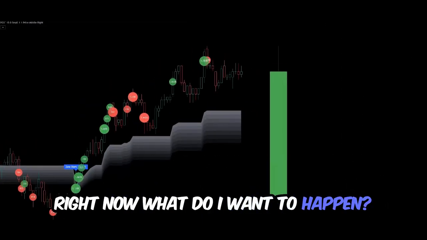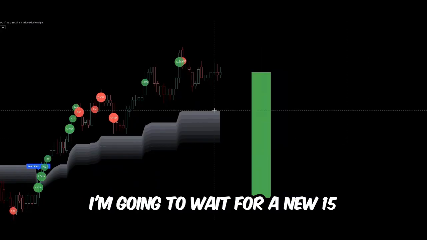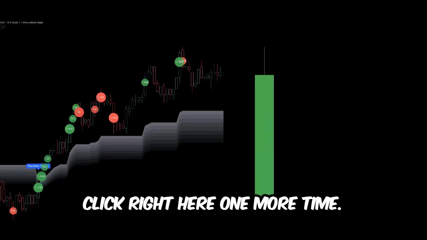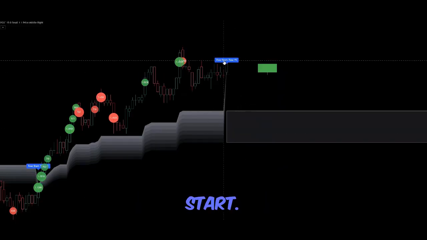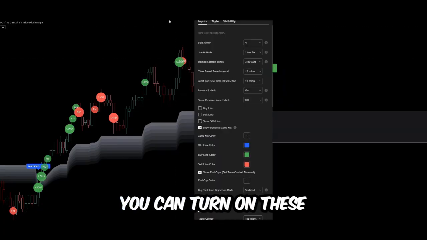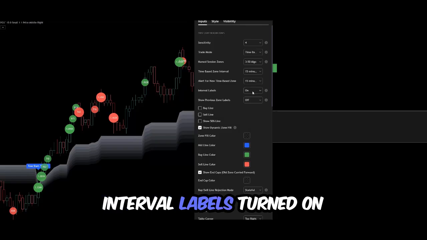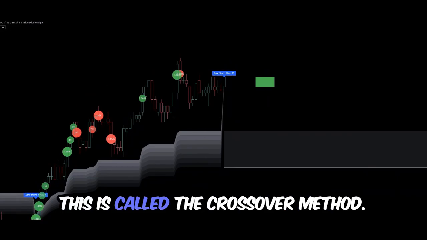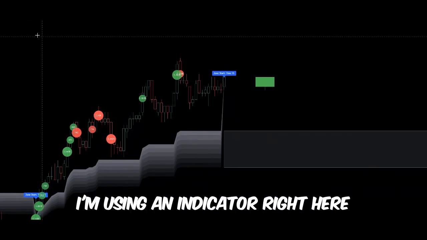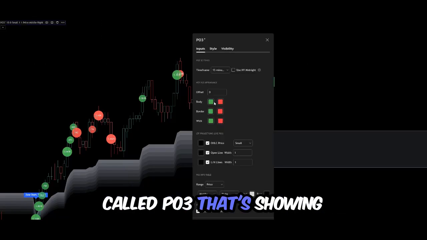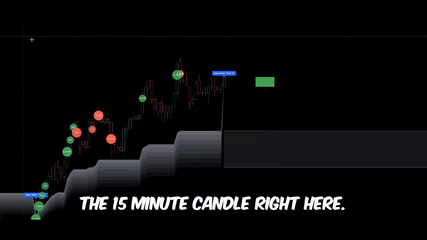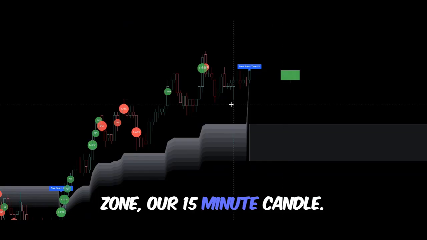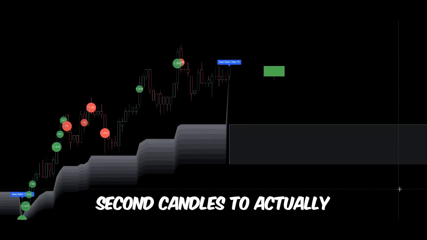Now, what do I want to happen? I'm going to wait for a new 15-minute candle to form. And if I click right here, one more time, there we go, start 15 minutes. You can turn on these interval labels so that you can see that. Now, what do I want to have happen? This is called the crossover method. I'm using an indicator called PO3 that's showing the 15-minute candle right here. So this is our 15-minute zone, our 15-minute candle, and then we're using 15-second candles to actually get into